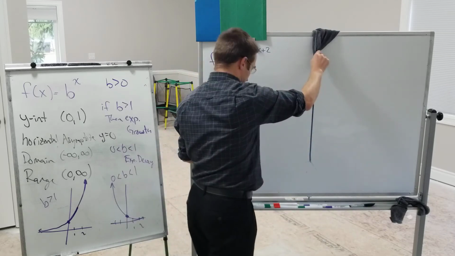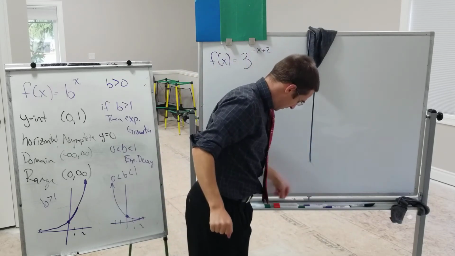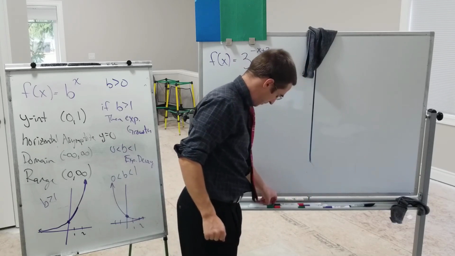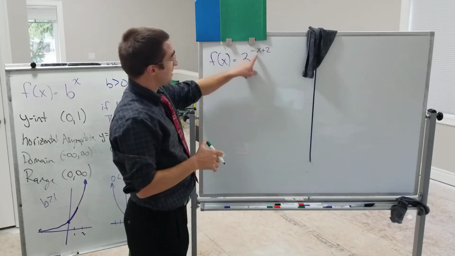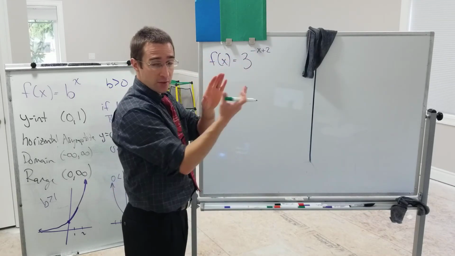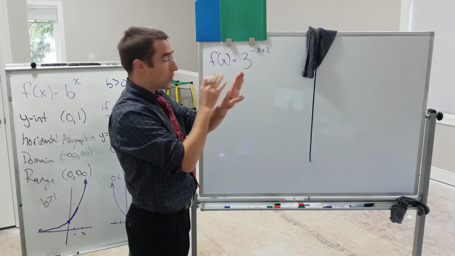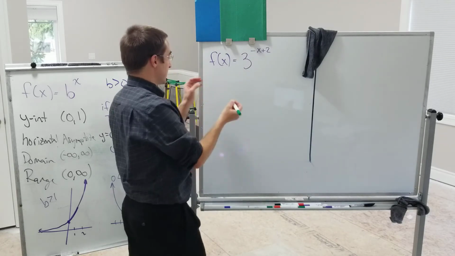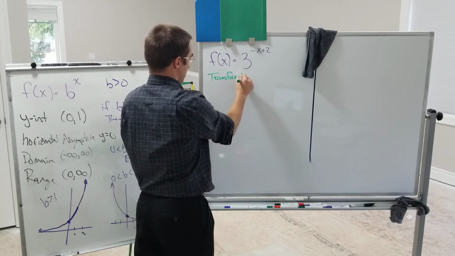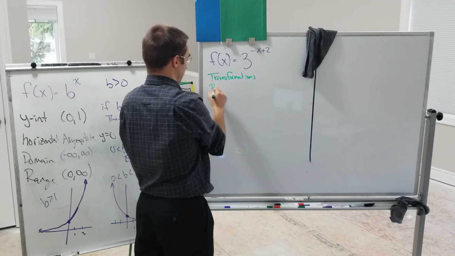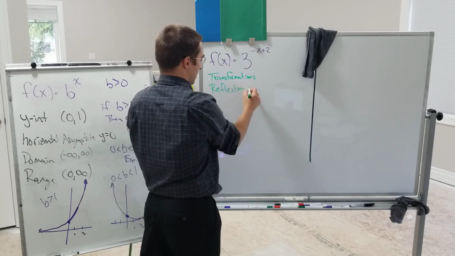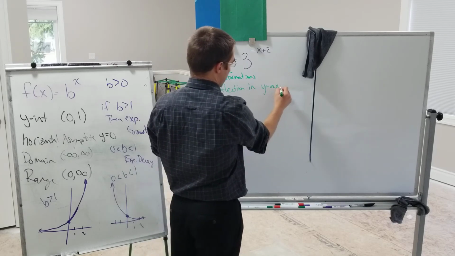Okay. So, this negative is going to be a reflection in the y-axis. It's acting on the x, so it goes in a horizontal direction, which is over that y-axis. So for transformations, we have a reflection in the y-axis,